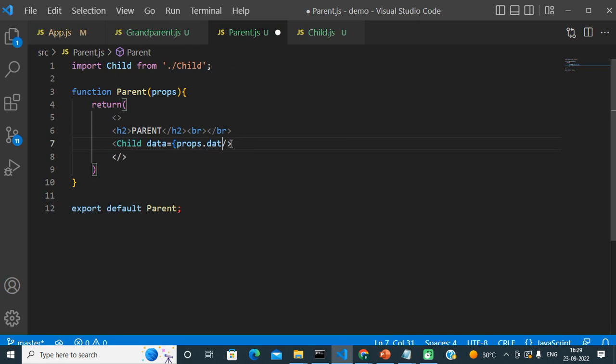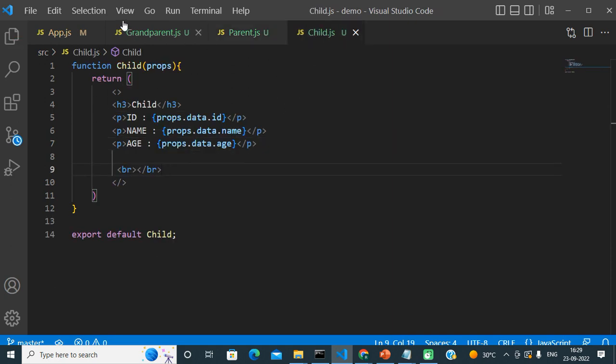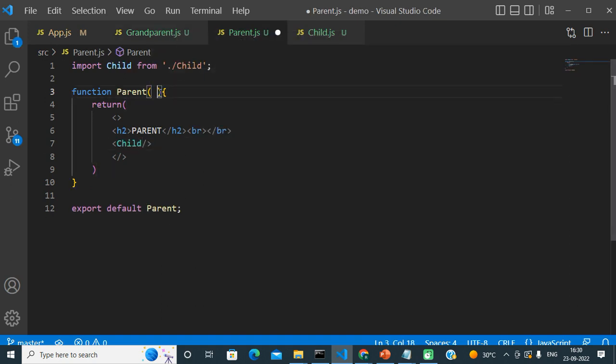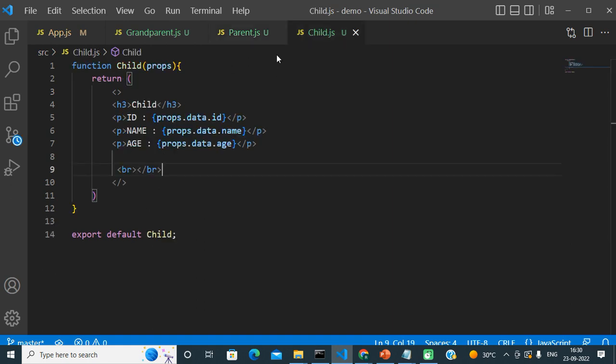First of all, there will be no need of props now. You can see I am removing it completely. Okay, I am not going to use any props now. Now we are going to achieve the same behavior with the help of the useContext hook.